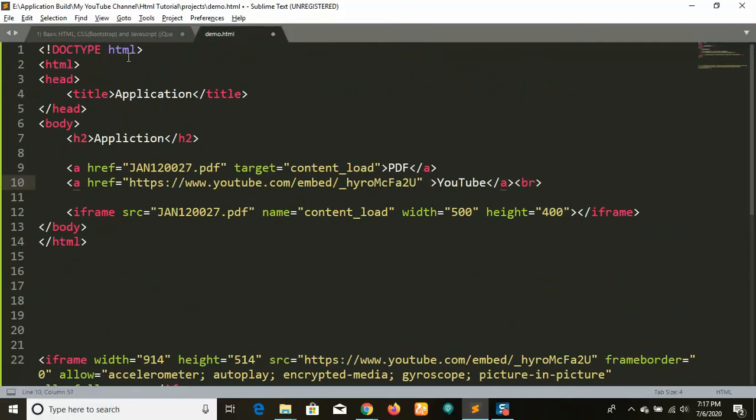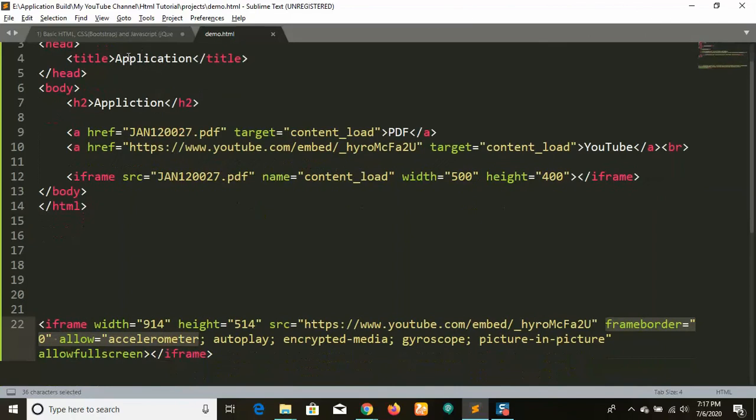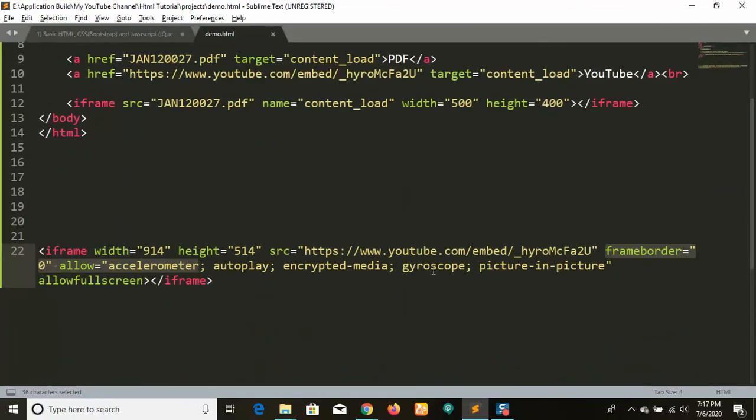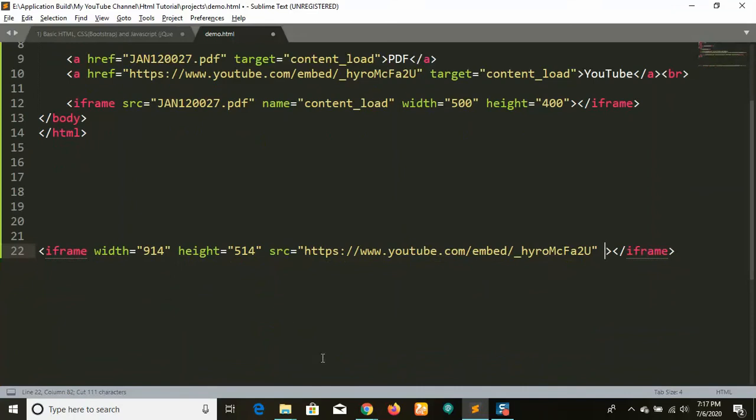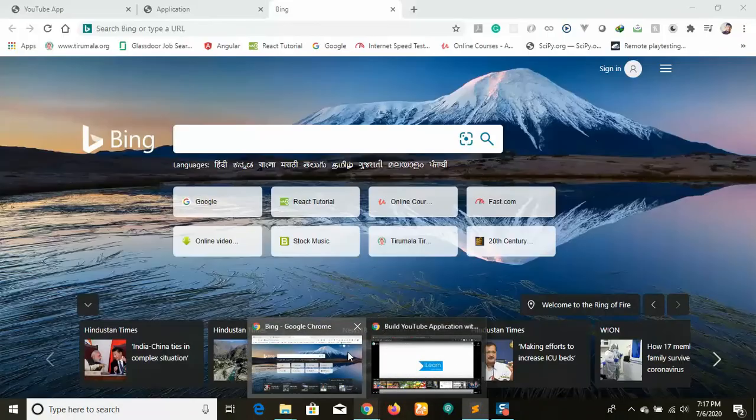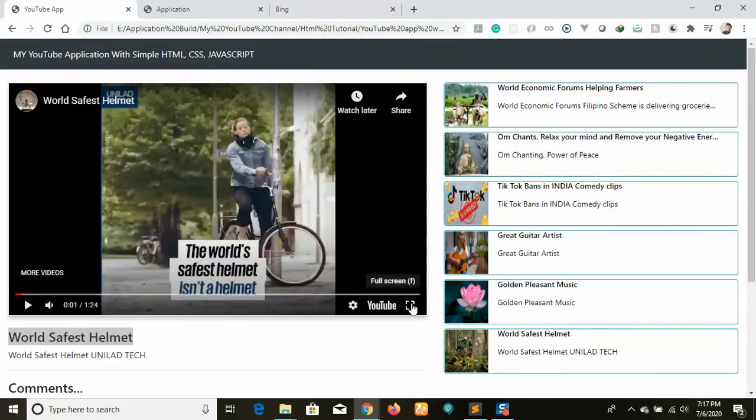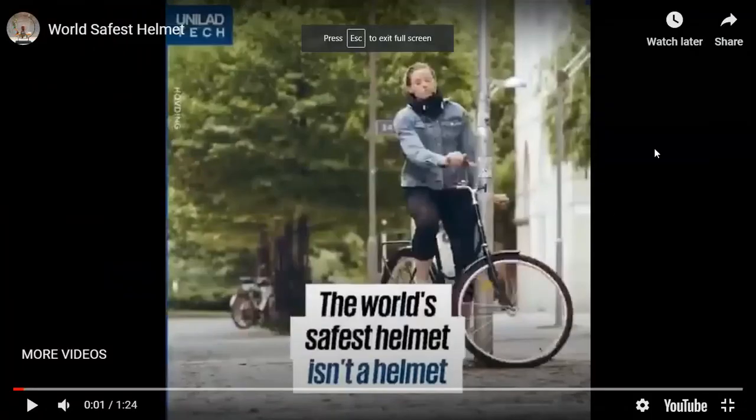URL plus target. Okay. So now we can go with all these items. If you don't need any frame border, we can make it 0. If you want all these properties like autoplay, encrypted media, all the features, you can place them here. Allow full screen, if you want to get this type of feature, you can use full screen mode also.